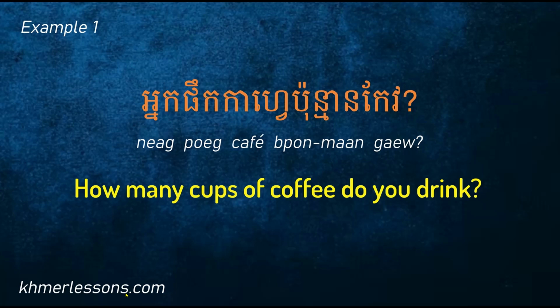And then in Khmer you say អ្នកផឹកកាហ្វេប៉ុន្មានកែវ. So អ្នកផឹក is you drink, and cafe is something, ប៉ុន្មាន, and then កែវ is a container ណា. So you use it like this. One more time. អ្នកផឹកកាហ្វេប៉ុន្មានកែវ